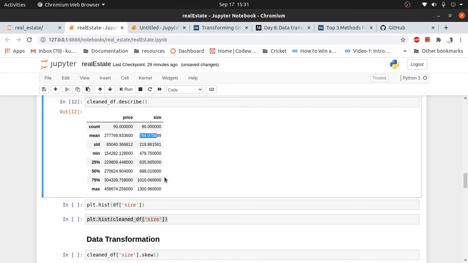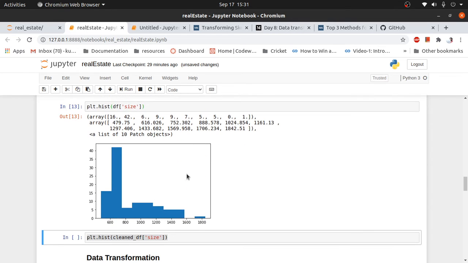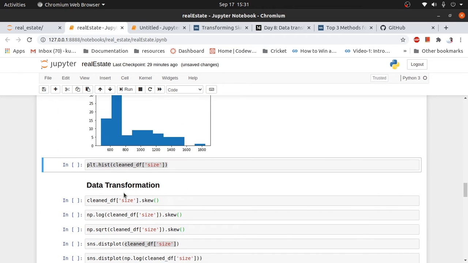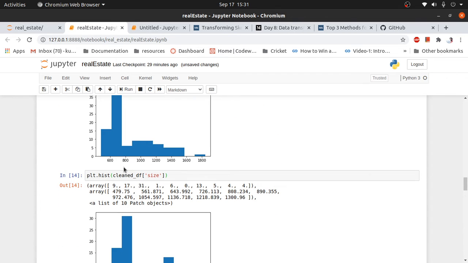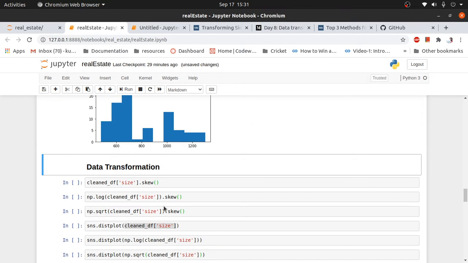It is open to discussion. Now let me show you the distribution. This is similar to the earlier one, and now we are also plotting the clean data frame. Now it is a little bit less skewed, we can say.